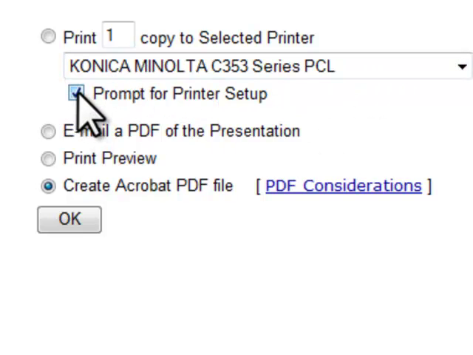You do want to check this button, prompt for printer setup. What that's going to do is give you the opportunity to get to your control panels for your printer, so you can change from maybe black and white to full color if you wanted to have this presentation in color. So we're going to click OK,